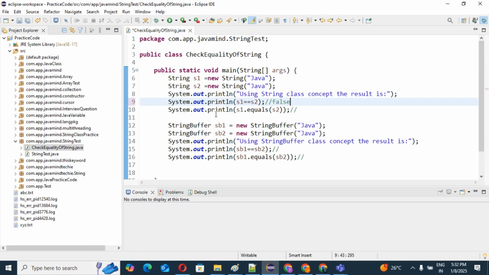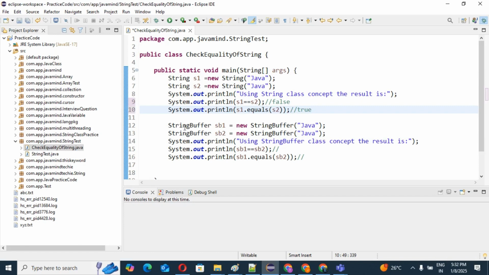But the equals method in the String class is overridden and implemented as per our requirement, so it is used for content compare. Here Java and Java are the same content for two different objects. That's why the result should be true. Yes or no? Yes.